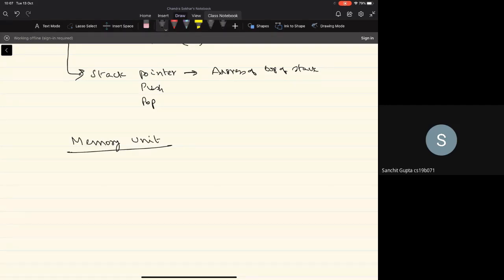And as we'll be seeing a little later, typically the program that needs to be executed, which will be in the form of the .exe file on the secondary storage device like a hard disk, will be loaded into the memory unit, which will be referred to as the main memory as we go along. And the executable version of the program will be placed in the memory unit, and along with the code of the program for which the machine code is generated and stored in the exe file, the data that's going to be processed by that program will also be available in the memory unit, right?